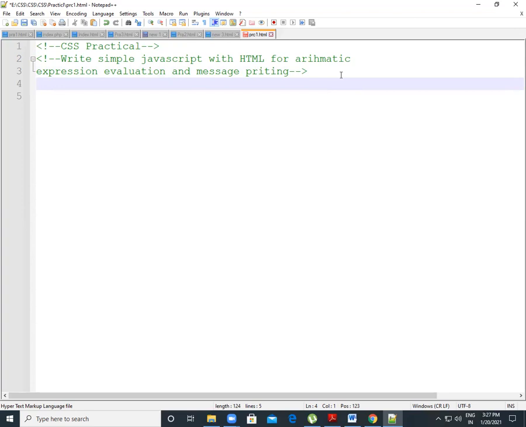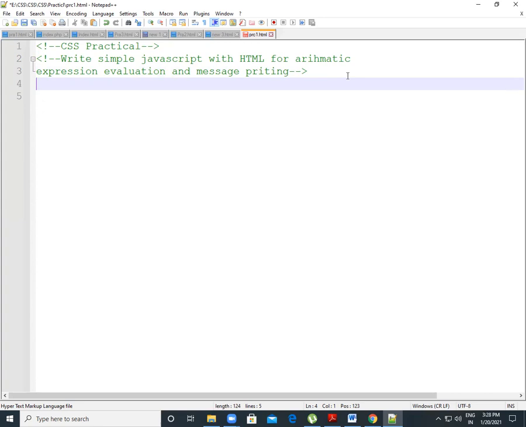First we write two variables, first value and second value, and initialize both to 0. Then we set first value equal to the prompt function with the message "Enter your first value", and the default value 0. Similarly, second value equals prompt with "Enter the second number" and default 0. If the user changes that value, we get the user's value.